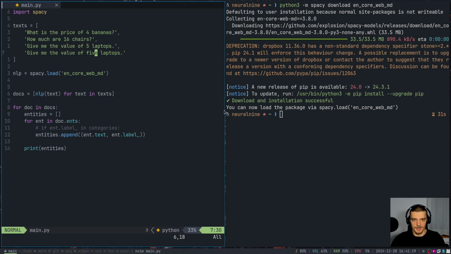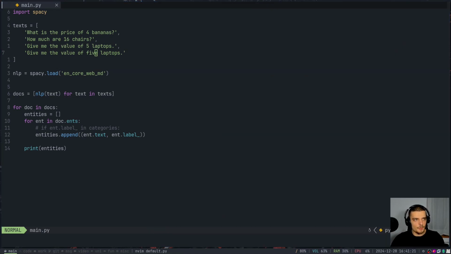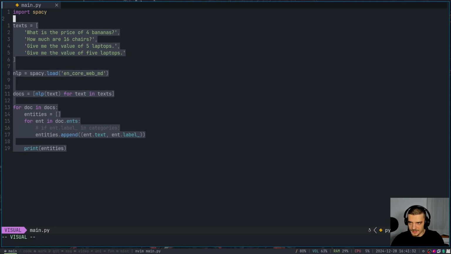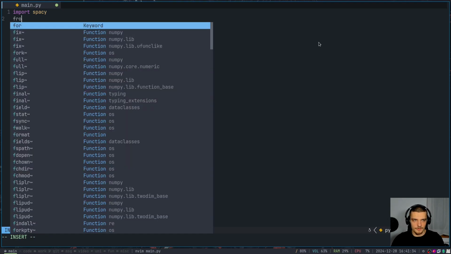So now we're going to fine tune the model. Let me close this here. We're going to now train our own spaCy pipeline. We're going to train our own named entity recognition pipeline. And for that, we're going to need some training data. So first of all, I'm going to delete all of this here. And we're going to import from